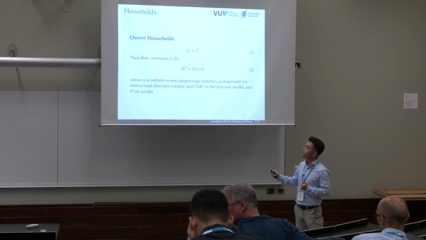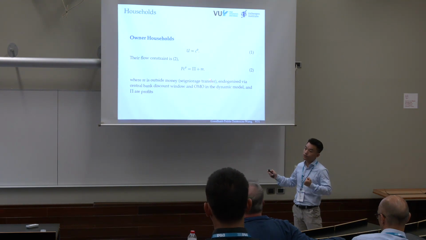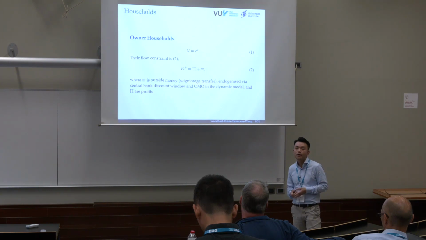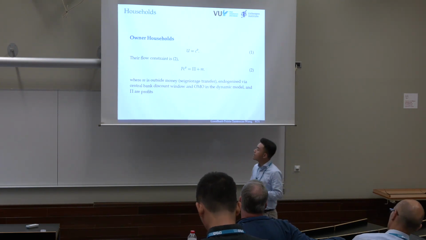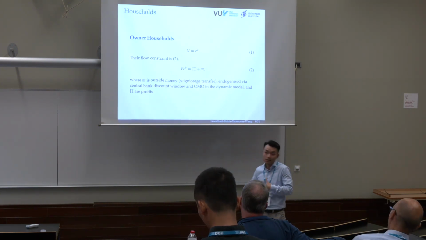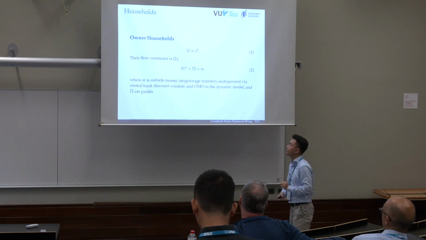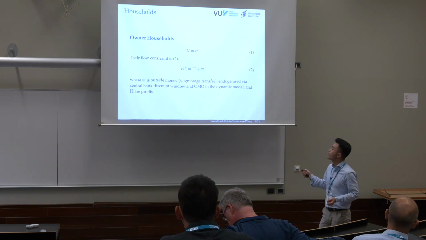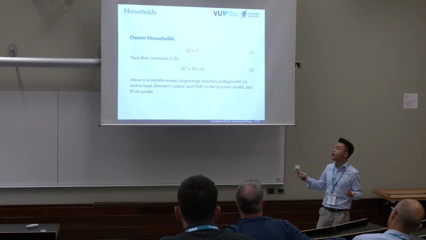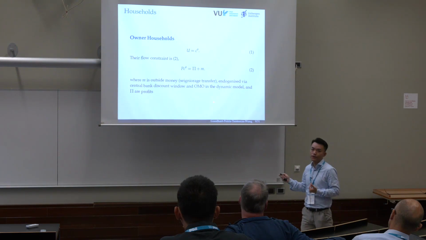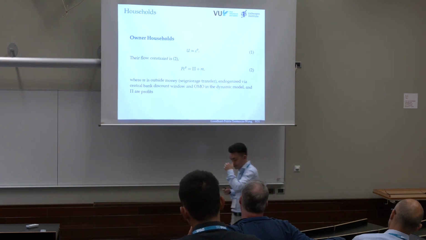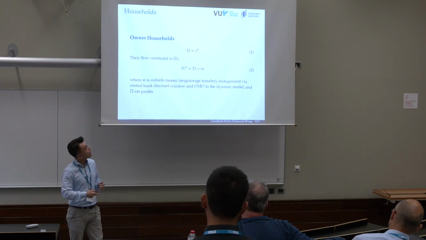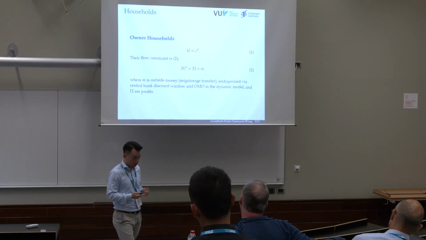Moreover, they start off with some outside money or monetary endowment in their pocket, which is denoted as M. M is exogenous here for now, and that can be as small as it can be, a positive epsilon. And this in the literature is referred to as seigniorage transfer, used to determine the price level in equilibrium. We're going to endogenize that in the dynamic section through the central bank's discount window and open market operations. And they consume the real output.